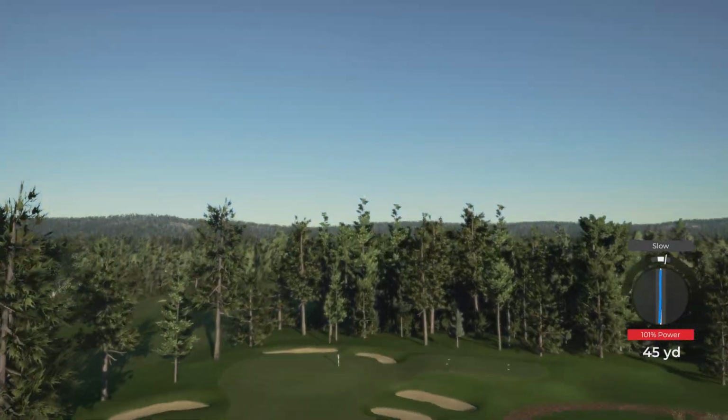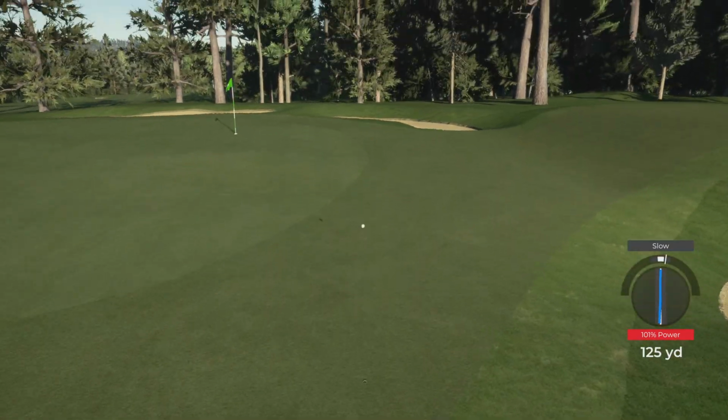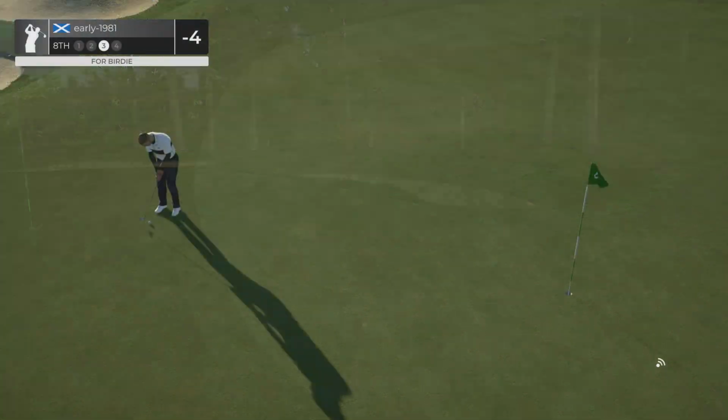Wow. There's a tiny slow. This ball should kick left though. Didn't really kick left, it more kind of kicked forward, and now it's turned off to the right, but it is going to leave me a chip shot